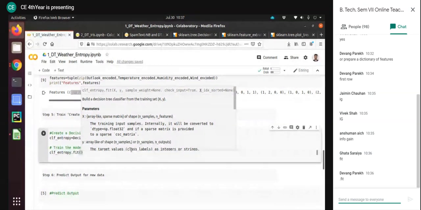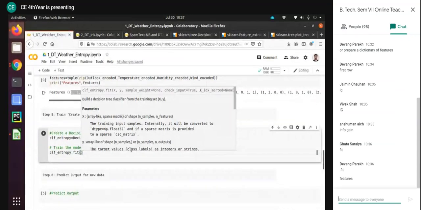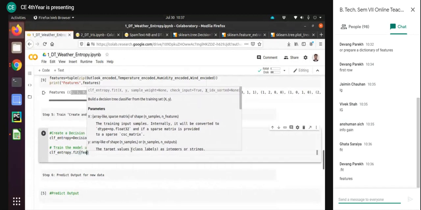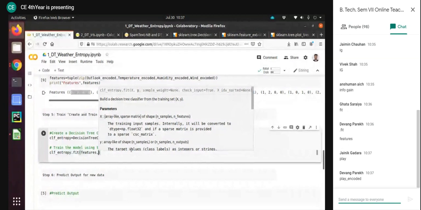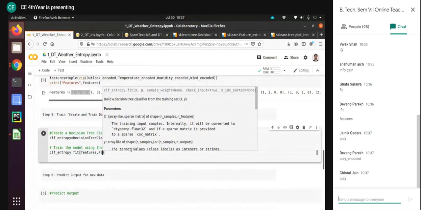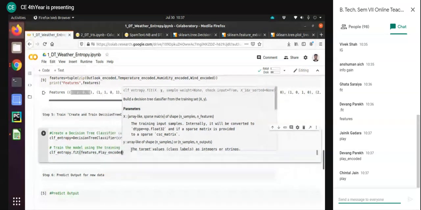So x as a x, what will supply? Features, right? So that's the value that we have just created in the cell number 9, and the y value, play, and specifically the name is play encoded. And